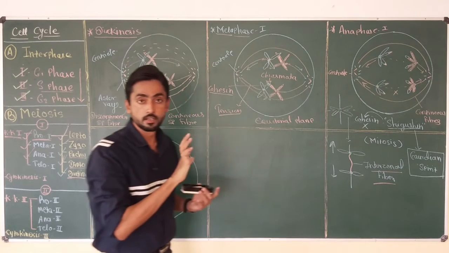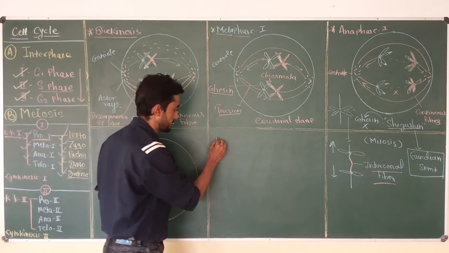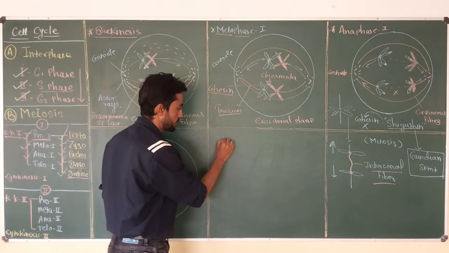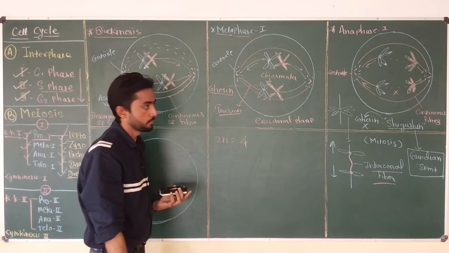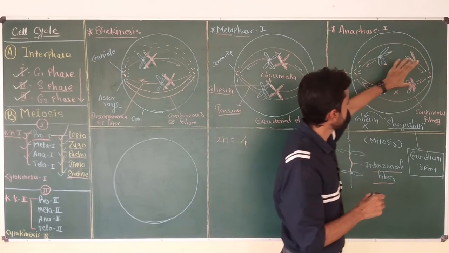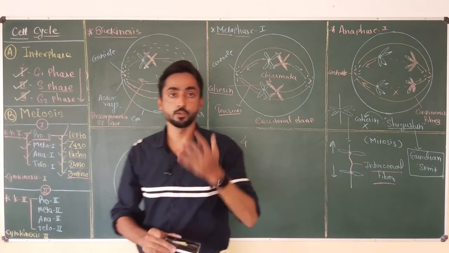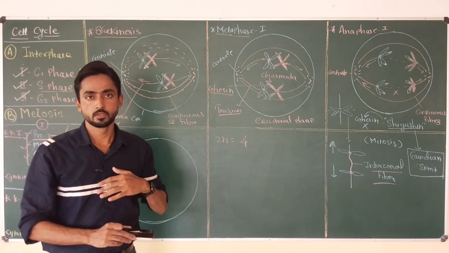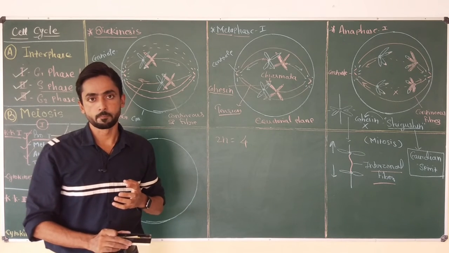As we started with a cell having 4 chromosomes, okay, during meiosis we have taken the example of a cell in which the diploid number of chromosomes is 4. But now you can see out of these 4 only 2 reach this pole and the remaining 2 migrate towards the other pole. Chromosome number gets reduced by 50%, and that is why meiosis is called a reductional division.